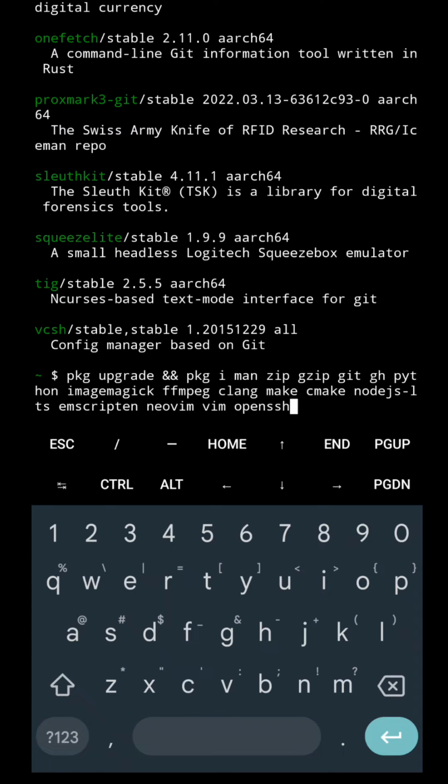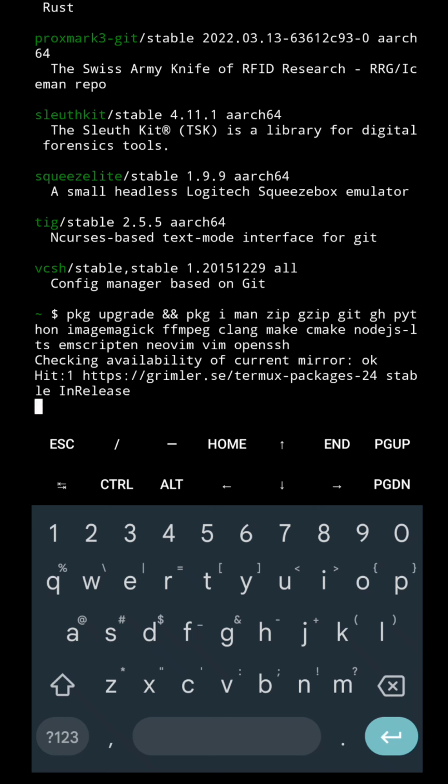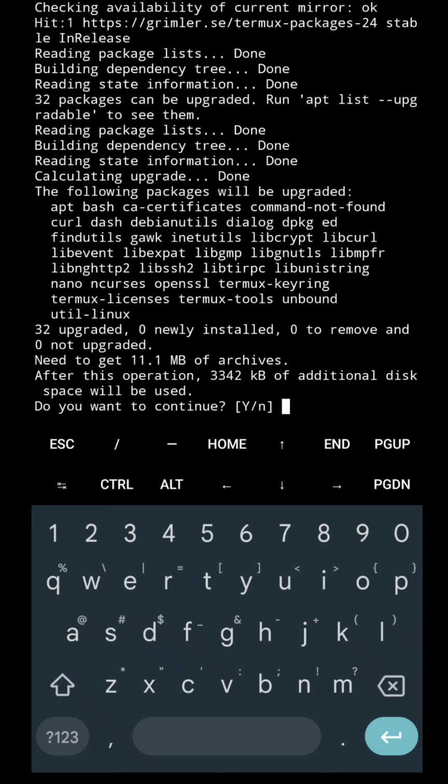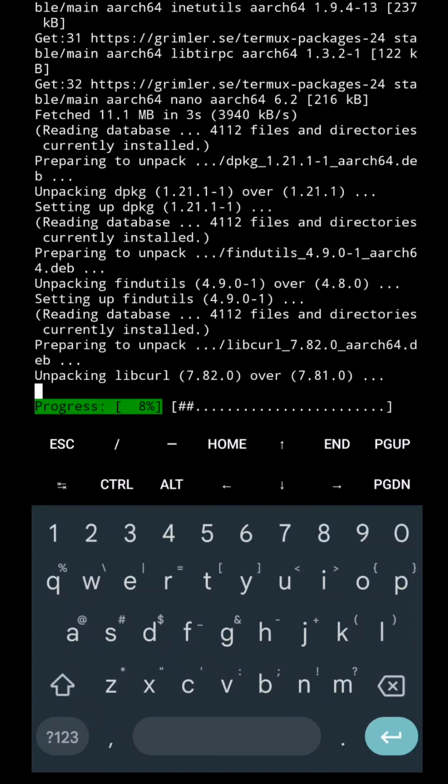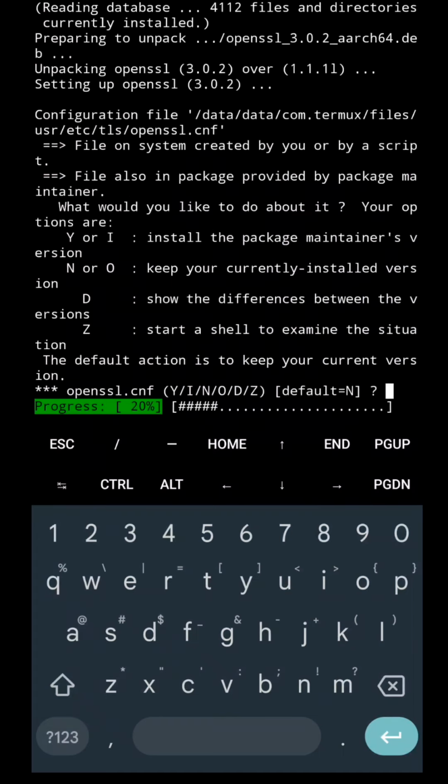So let's go ahead and press enter and see how many errors we get, right? Okay, so it'll tell you this is all the stuff that's going to be updated. So we're just going to hit enter. You notice the Y up there when it said yes or no. I didn't enter anything and I just hit enter. Well, the Y was capitalized and the N was lowercase. So that means that Y was the default if you don't enter Y or N. So I just hit enter and